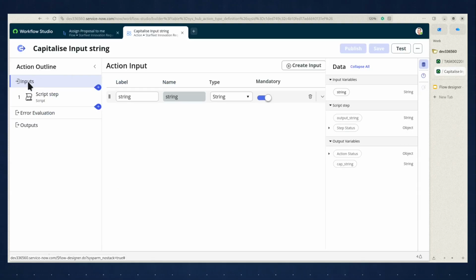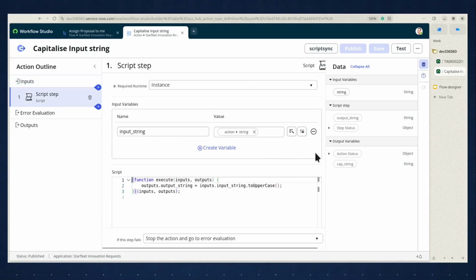It has three parts: the inputs, the actions, and the outputs. Now we have defined what the input for this action would be. It would be of type string. You name the string as string, but that works. The second part is the script, the logic, the actions within this action. And then we've defined outputs. So the outputs.output string is